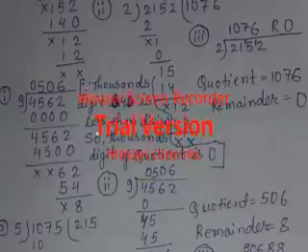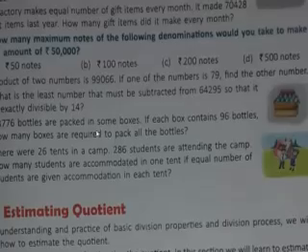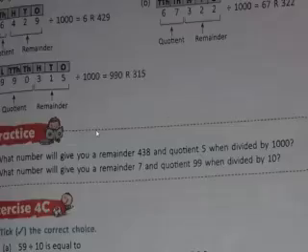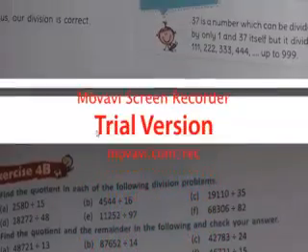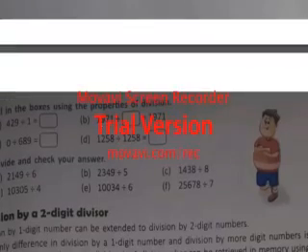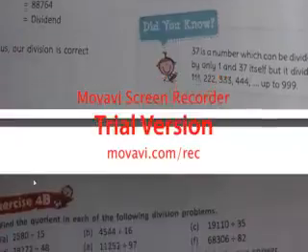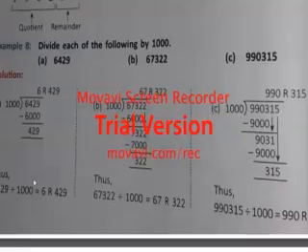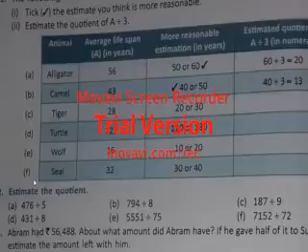Now if you will see, there is question number 4. Let's see what is there in question number 4. Here we are in question number 4. If you will see, it says divide and check your answer. What you have to do is divide, and it has even been said to check the answer. As we know for division, for checking we have to use the formula: dividend is equal to quotient into divisor plus remainder. So the same thing we will be doing here also. Okay, we will be dividing.